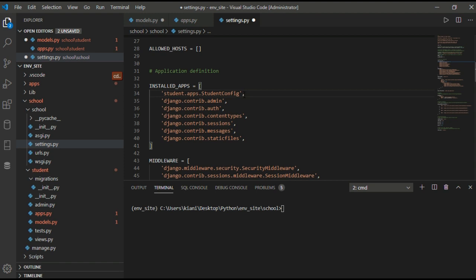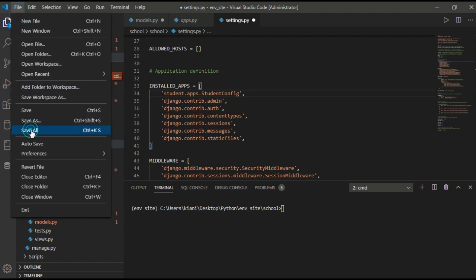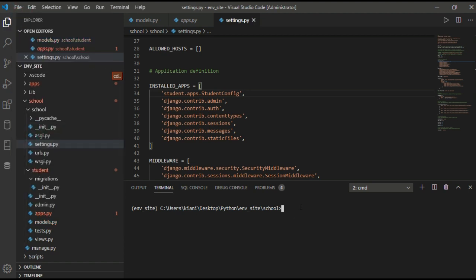Okay, so now the project will recognize that this app is inside this project. Now we save all this and we run the migration.